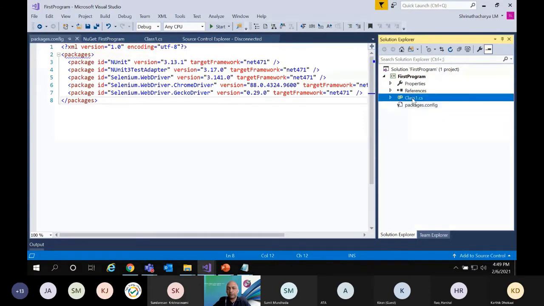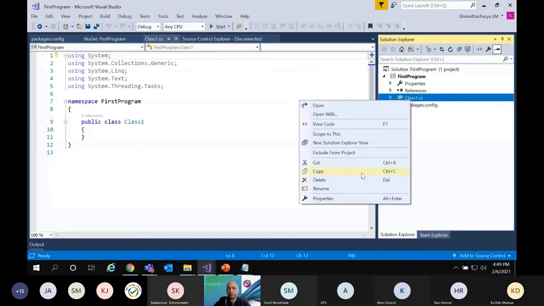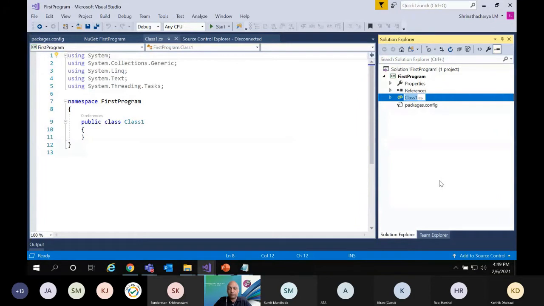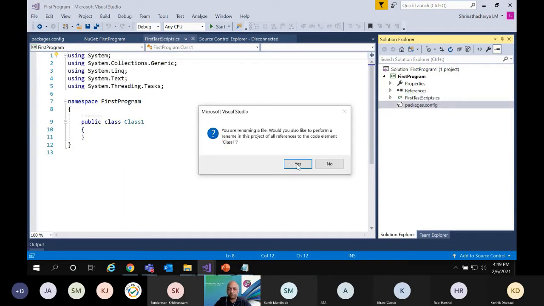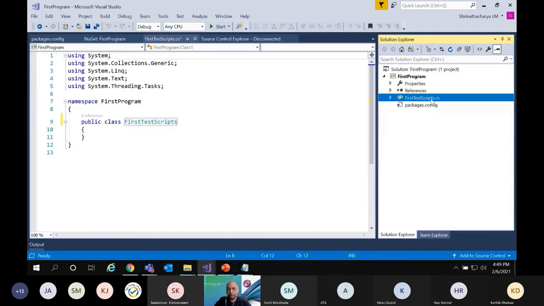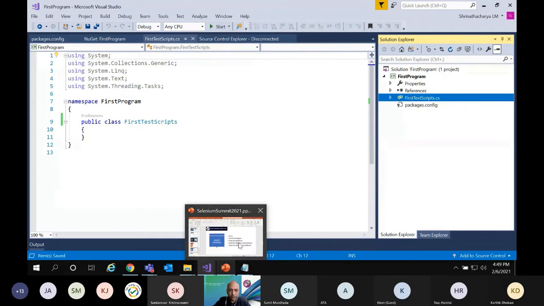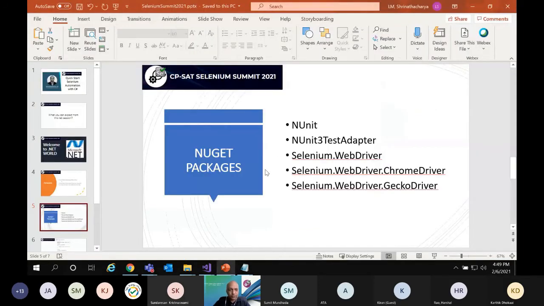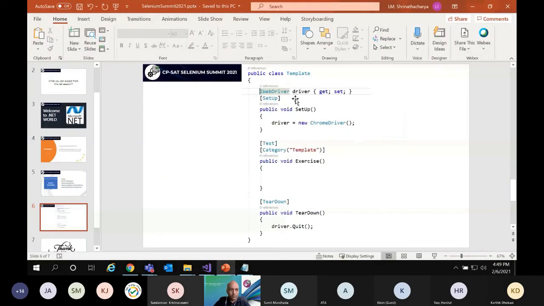Now in the CS file, what I am going to do is rename it as my first program, my first test script. Let me show you the simple things, because I wanted to achieve something in this session.